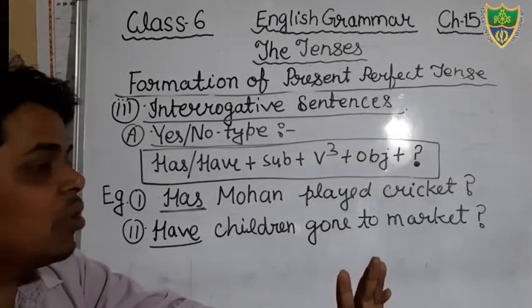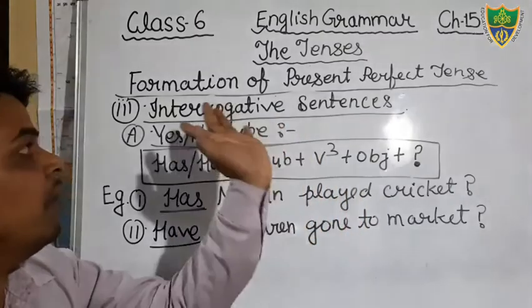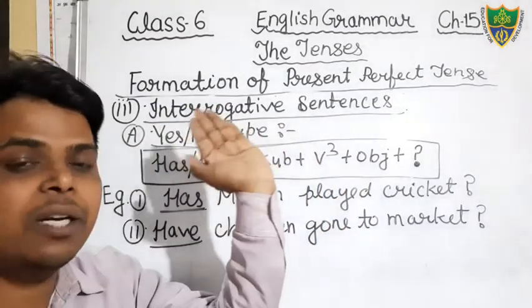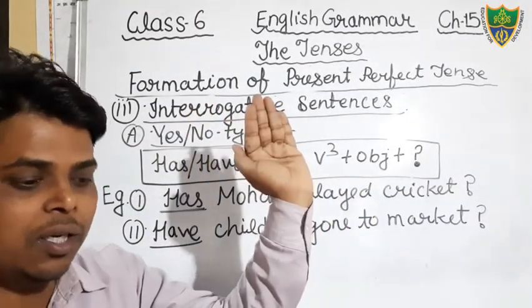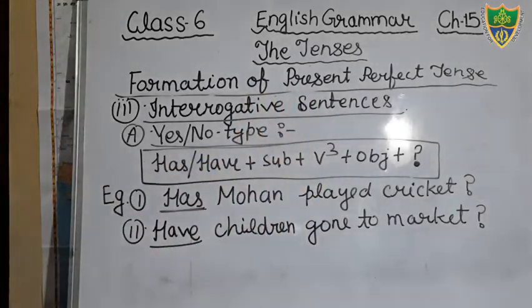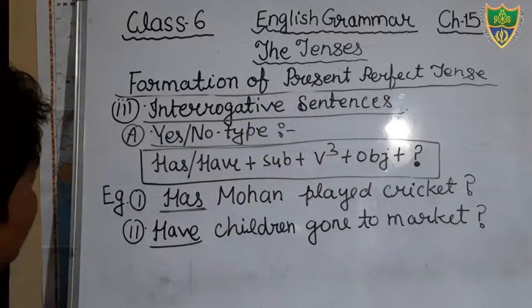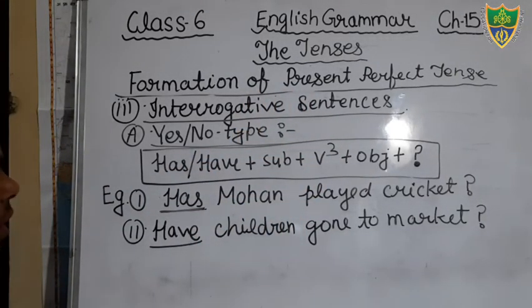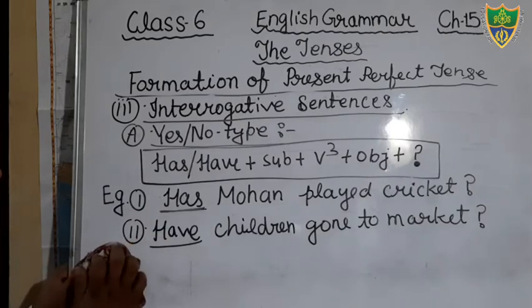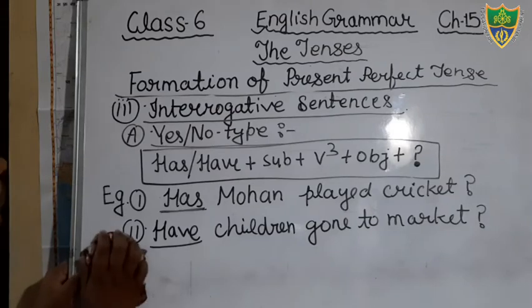Okay, students, SNO type interrogative sentences of present perfect tense. Okay, students, so you write it, and after completing it, we will put the next heading, that is WH type. Okay, students, I am going to erase it. I hope that you all have understood.